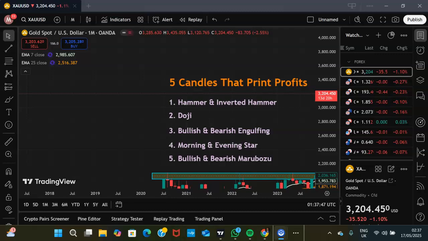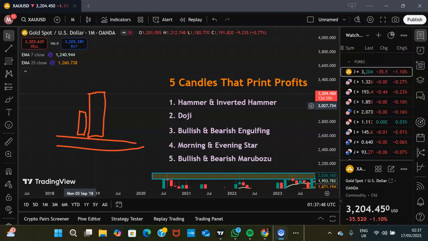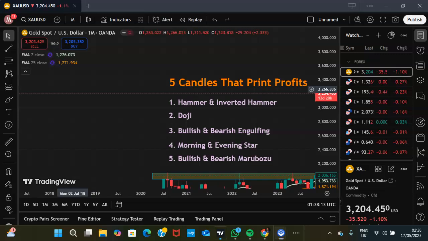Now, the bullish engulfing, what does it look like? We're literally going to have a small candle body, and then we have a candle that literally swallows the previous candle. Now, just like every other candlestick, you want to make sure that you identify these candles around zones of interest. And for the bearish version, we have the opposite of this,